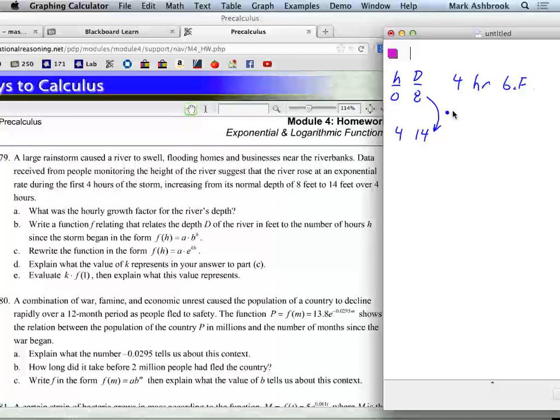Cool. So it's 14 over 8, 1.75, our 4-hour growth factor. What's the percent increase every 4 hours? 75% increase every 4 hours. So to get the percent increase every hour, I'm going to divide 75 by 4. Lots of no's over here. What about this side? No, percent increase is not directly transferable,